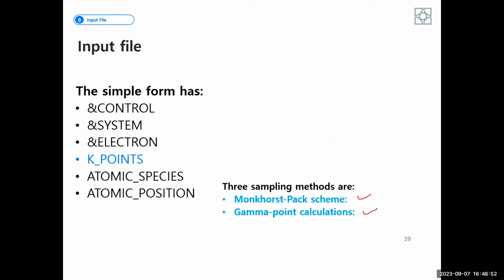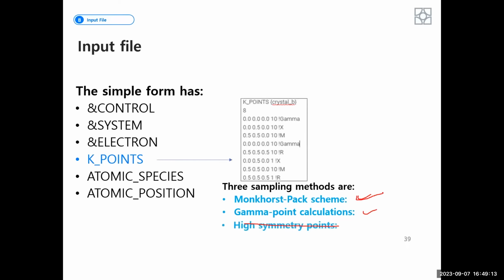The next one is the simplest form of K point sampling, where only the gamma point, K equals 0, is used. This method is fast, but only suitable for systems with high symmetry. This is when you are aiming to calculate density of states or band calculation. The third method, I think, I don't know if I should discuss it for you because